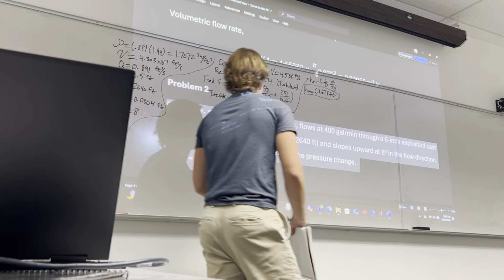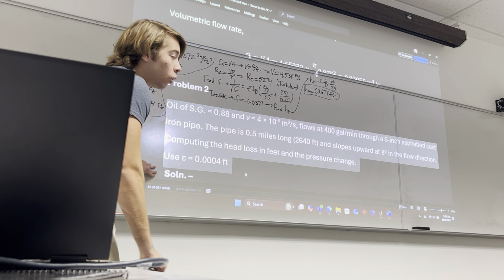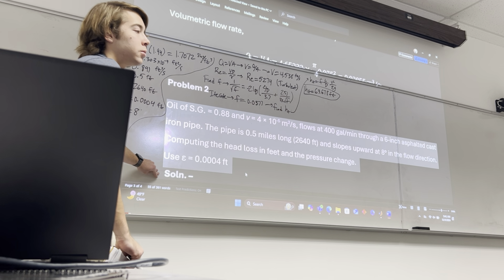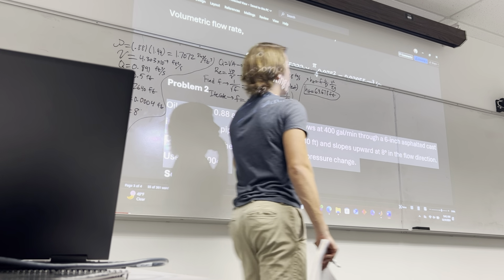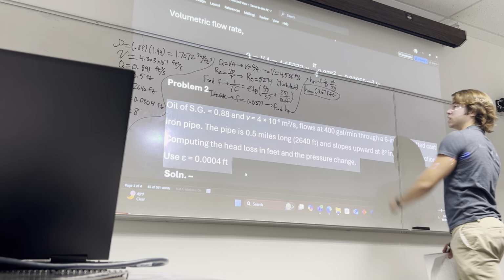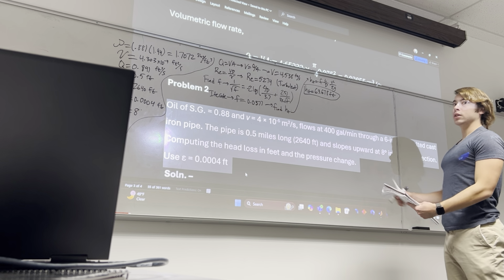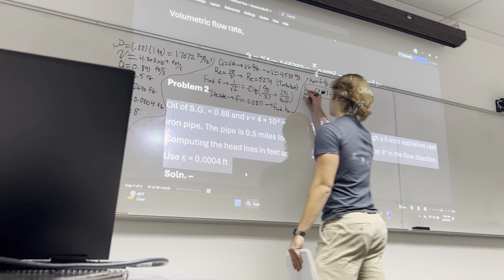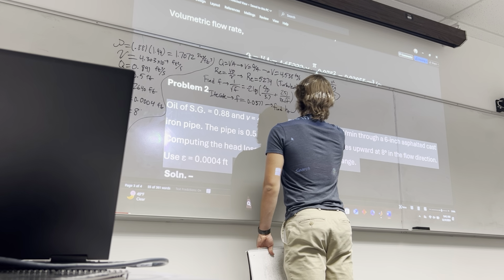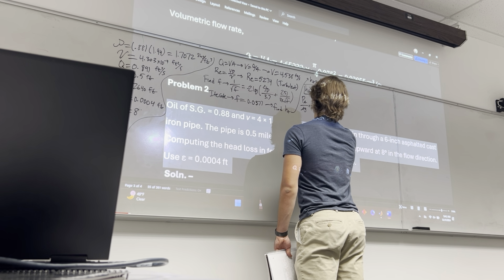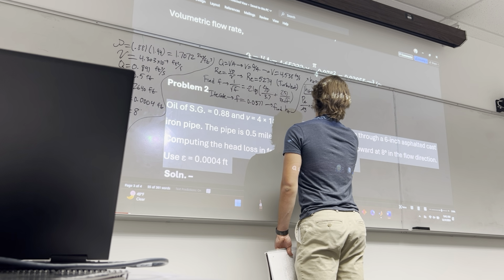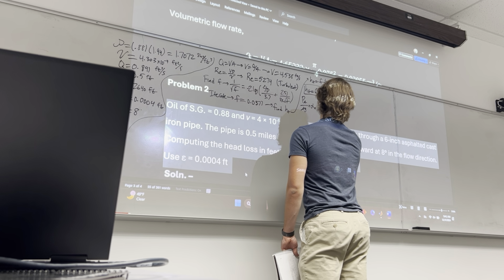So we'll say point A, somewhere down low with stagnant conditions, P is 0, V is 0, and then point B is somewhere really high up, same 0, 0 stuff, but now there's a height change. So we're going to say PA over rho G plus alpha A plus